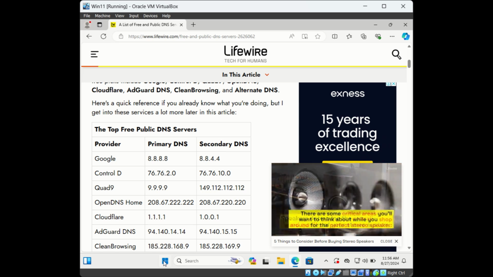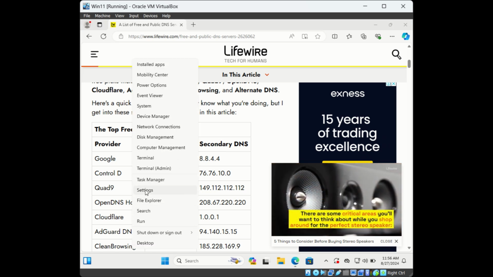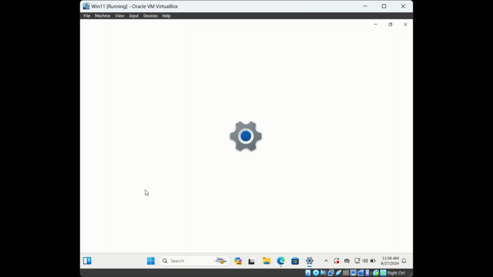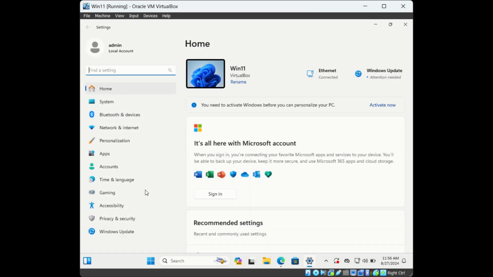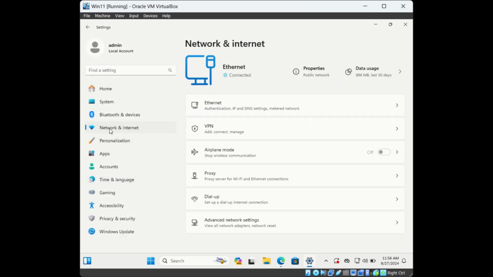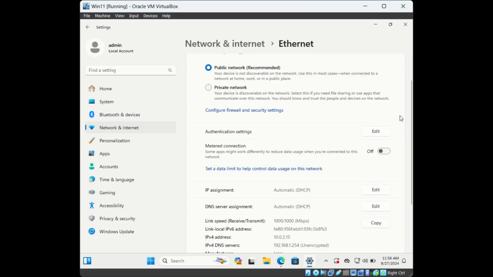Now right click Windows logo and go to settings. Then click on network and internet. Then here you can see what is the connected network adapter. So click on properties,